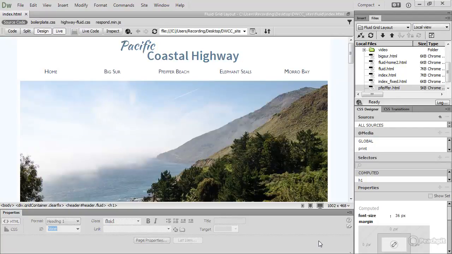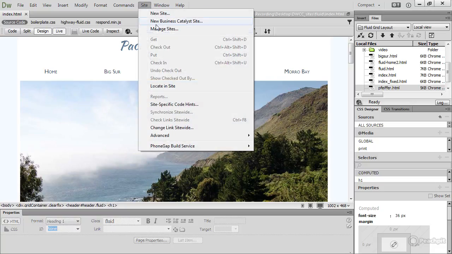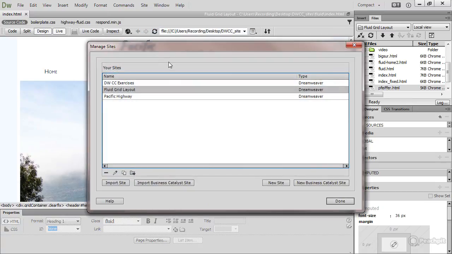When you're ready to upload your site to a web server, you need to add the login details to the site definition in Dreamweaver. So go to the Site menu and select Manage Sites. And this lists all the sites that you've defined within Dreamweaver. Select the one that you want to edit, then click the pencil icon at the bottom to edit the currently